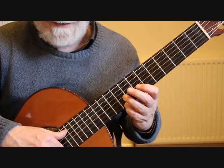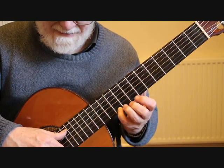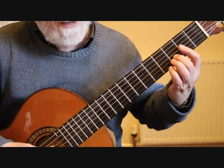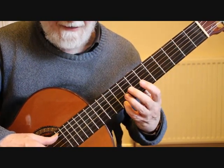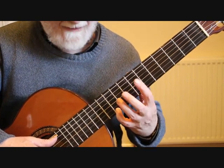The reason we finger it like that is in order to move into the next chord, so we're going to be sliding that little finger up a fret. So we've just played the bar 3. Little finger. That little finger now in bar 4 slides up a fret to the D at the 10th fret,